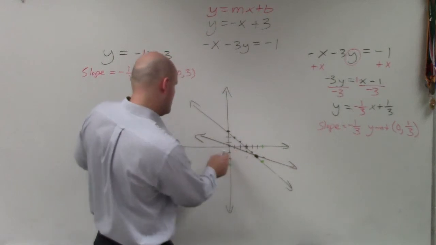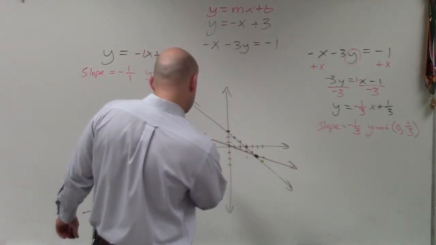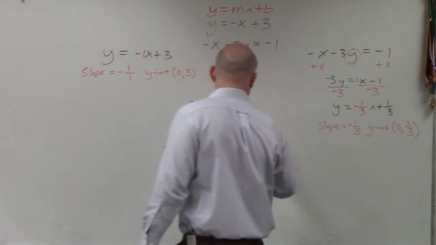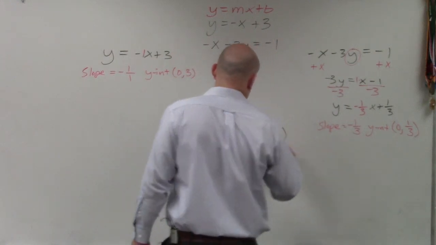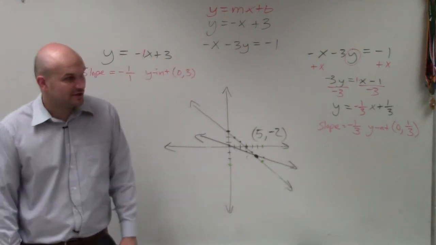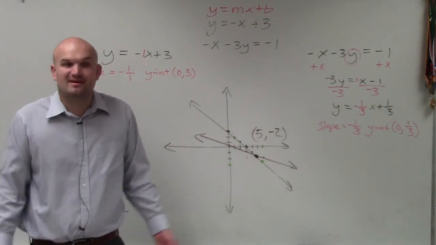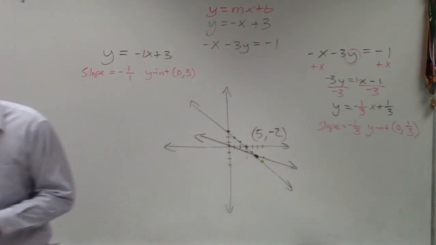I'm going to estimate it at 5 down, -1, -2. And that would be basically your intersection point, 5, -2. And that's going to be my estimation. Now, on your